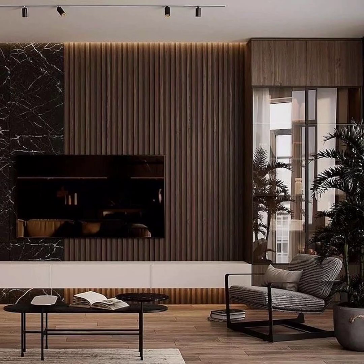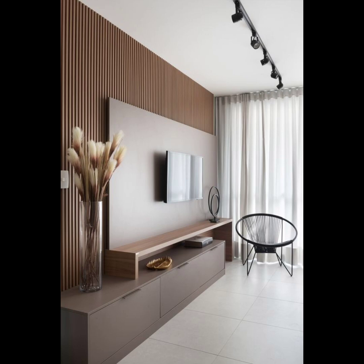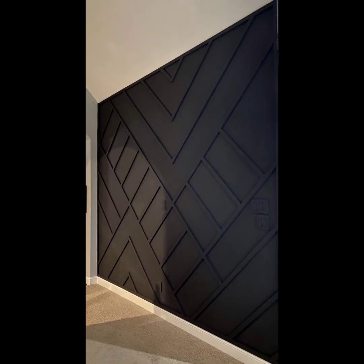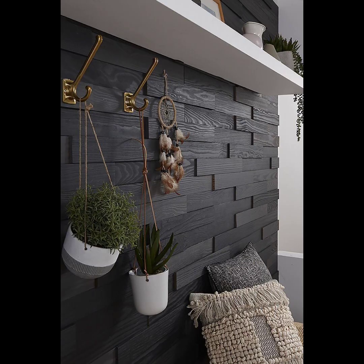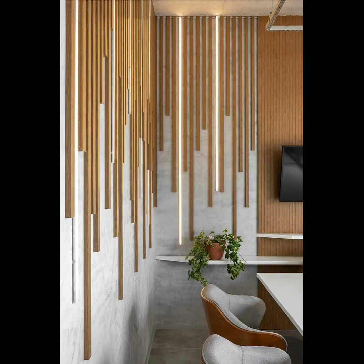Transform your space affordably by repurposing pallets for a fun and creative project. We have got your back with easy step-by-step instructions for a safe installation, ensuring you can unleash your DIY powers with confidence. Dive into the world of versatility as you create unique patterns or artwork, customizing your wall to